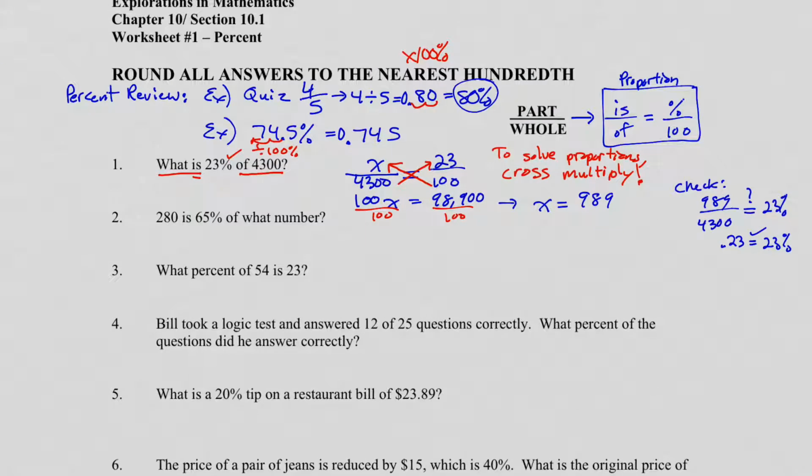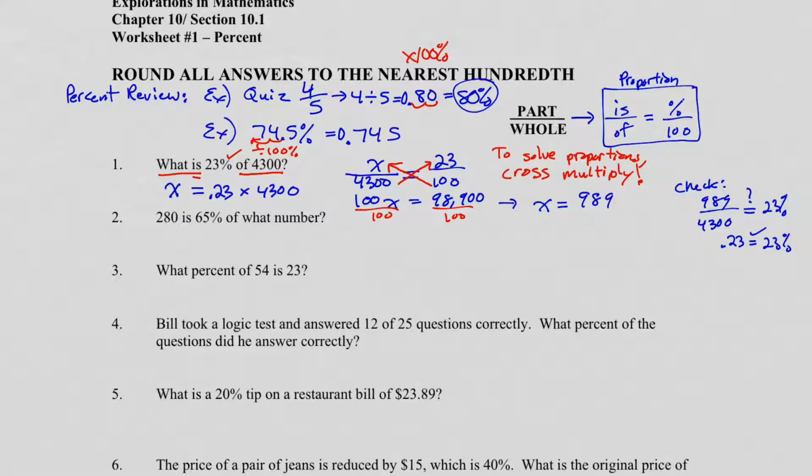So the book is going to actually want you to translate this. So what will be x? Is equals. This is a decimal. Of means times. And then 4,300. So it's basically the same thing, but sometimes that could be confusing of how to set it up. So if you just want to do the proportion method the way I'm doing it, that would be just fine